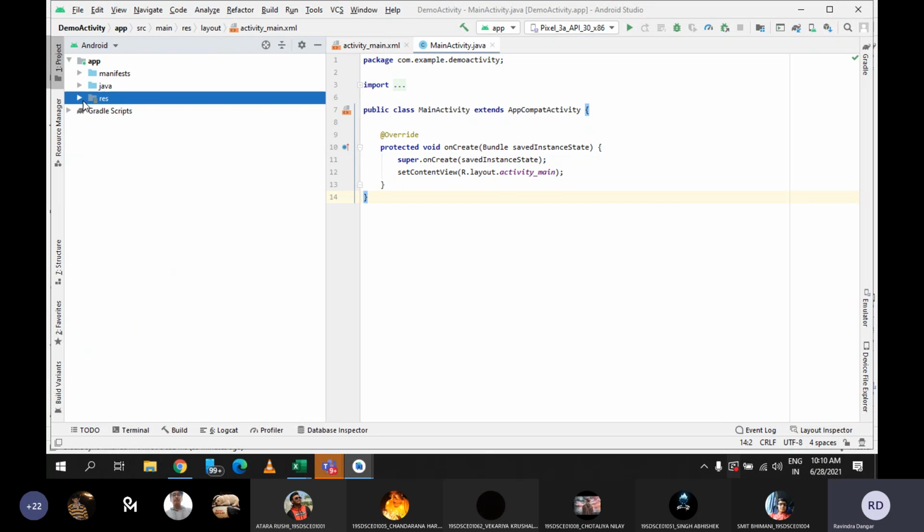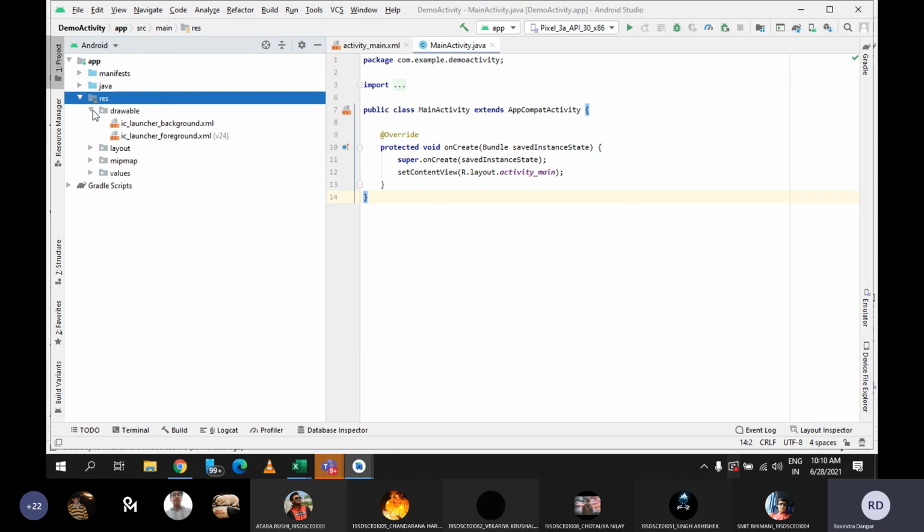Then it comes resource folder. This is a very important folder. RES, resource. When you explore this resource folder, you can see various options: drawable, layout, map, and values. So now we are going to discuss each folder in detail. What is the use of each folder, like drawable, layout, map, and values?